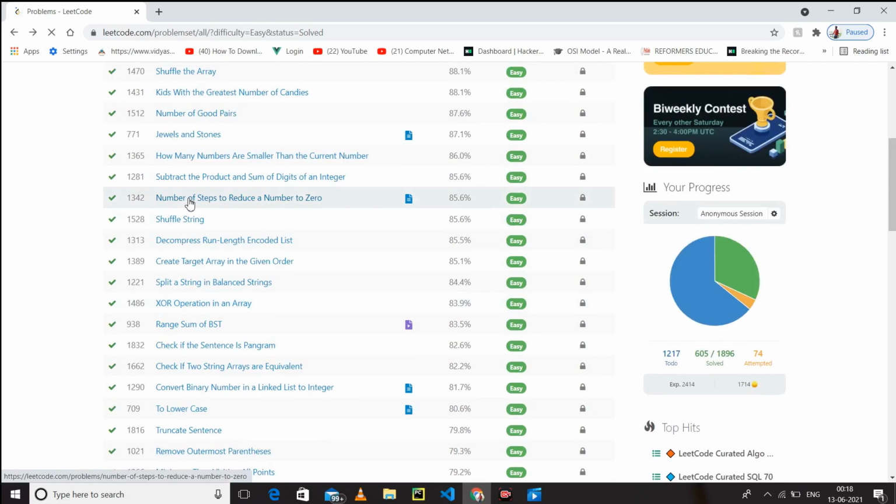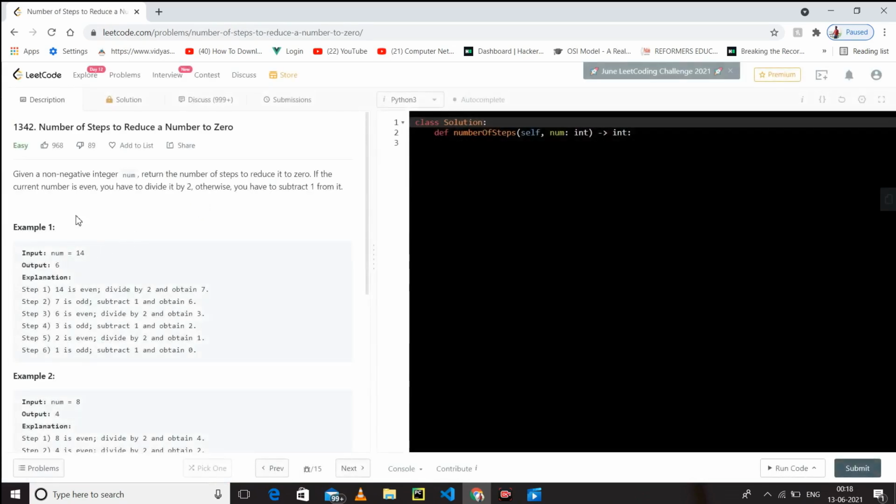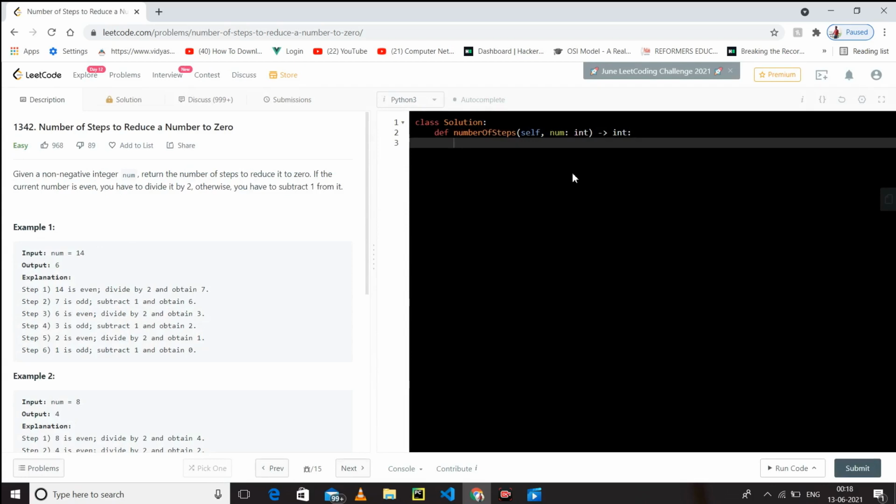Our next question is number of steps to reduce a number to 0. Given a number, if the number is even, you have to divide it by 2, otherwise subtract 1 from it. So the logic we implemented in the previous question, the exact same logic we have to implement here as well.